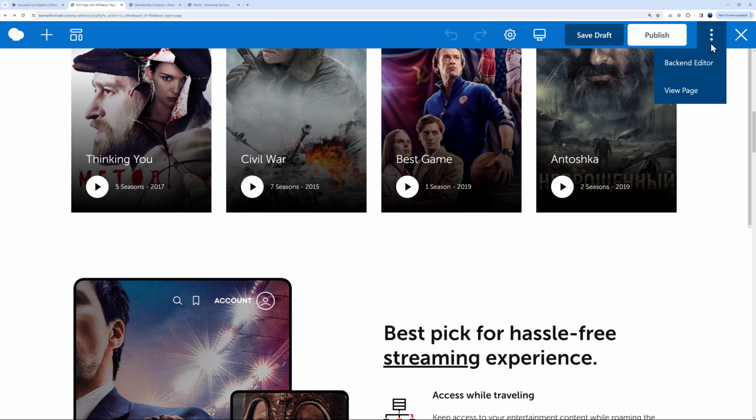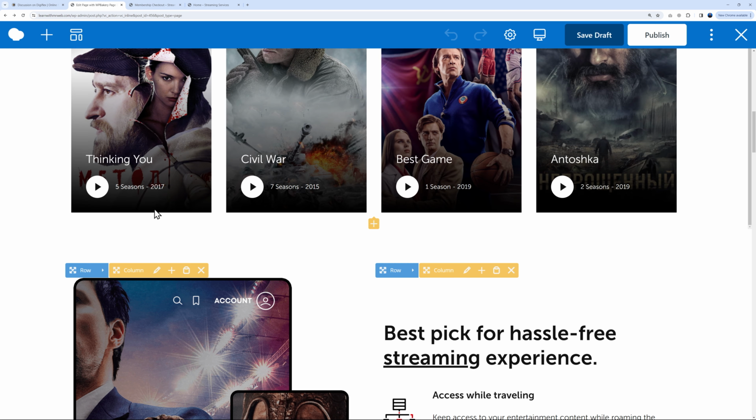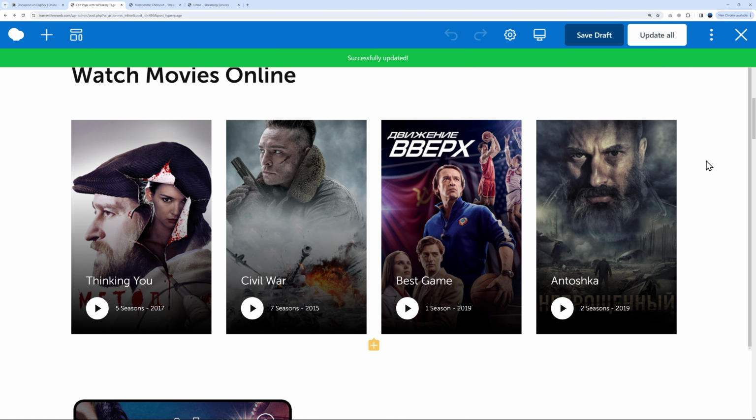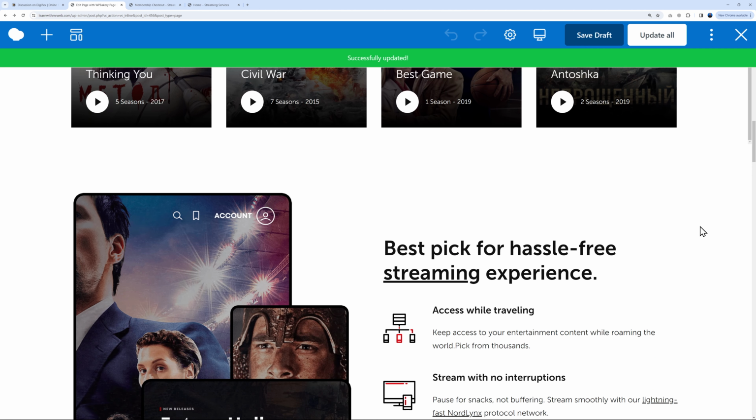Now, if you go back to the top, you have those 3 dots. This is a visual editor, so you see exactly what it looks like. All you have to do is click publish and you will save all your changes. And that's basically it. Now, this is, like I said, the visual editor. Now you can do the same as well